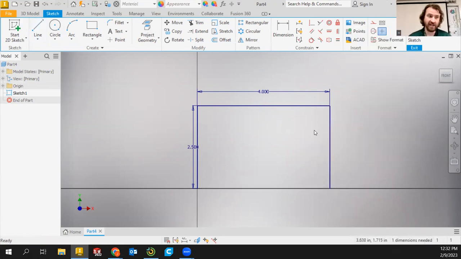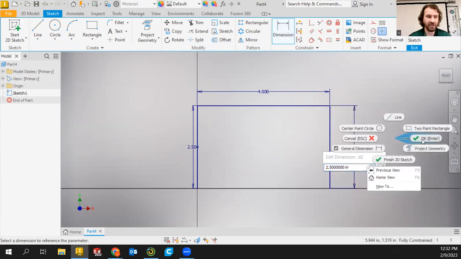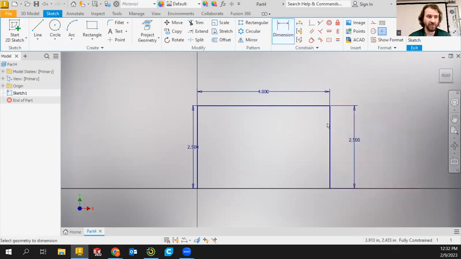So it created it, but what it's left out, as you can see, it's left out a dimension with my mouse click instead of hitting the enter key. It's left out this dimension here, right? So if I dimension this line with the dimension tool to 2.5, it says fully constrained again. So it's a weird hiccup,